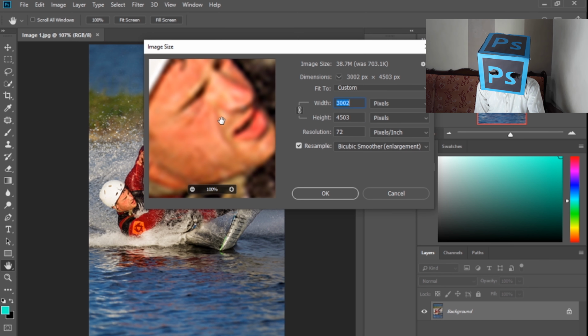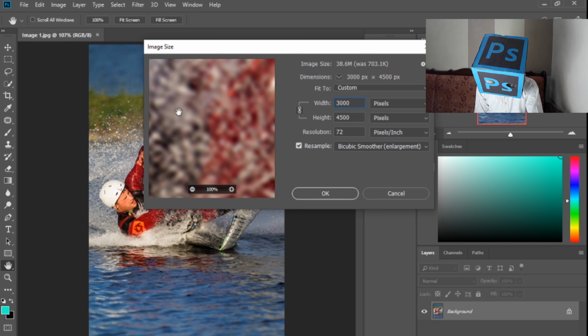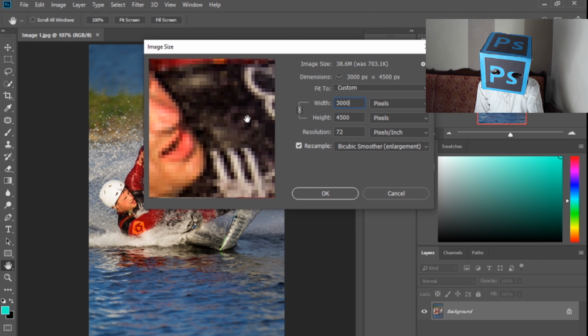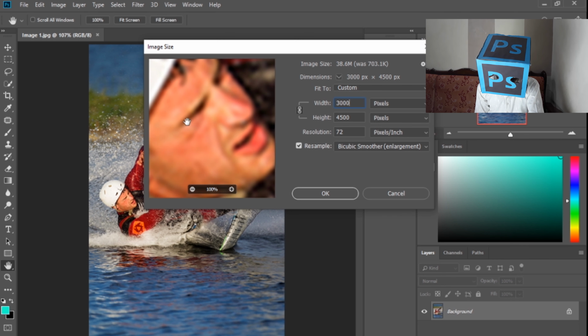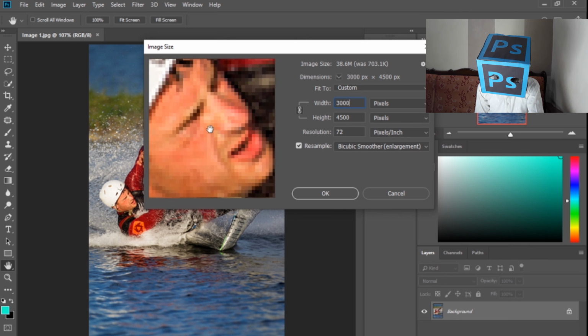You can see the before and the after. This is the after and this is the before. You can see the pixels. You can also increase its width or height